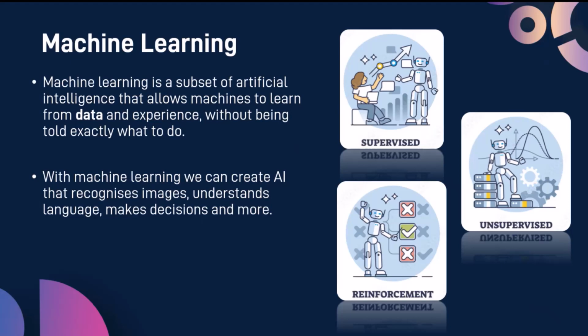So this data can have different forms. Data could be text, it could be photos, images, and based on this data on which it trains, it will then learn and become more knowledgeable, and then it will be able to take decisions on its own. In fact, machine learning can be split up into three fields. There is supervised learning, which involves someone helping the machine or the program to learn. The unsupervised version, where the AI is learning completely on its own, and reinforcement, when the program is receiving feedback and then learning from the feedback it receives.